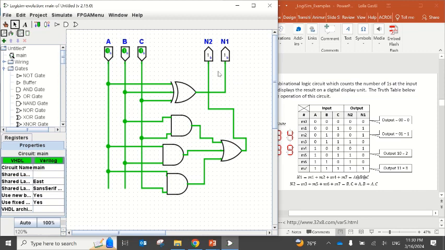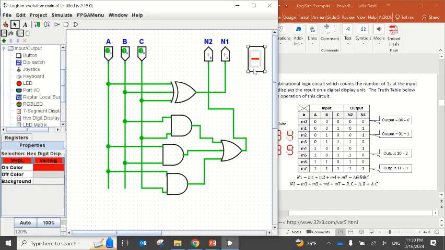Let's display this on a hexadigit. So I'm gonna go to outputs. Let me close all these folders. Yes, I need the inputs, outputs, and hexadigit display. Now, this is expecting 4 bits as a hex digit. So I'll need a splitter because here I have 2 bits outputs and they are separated clearly, N1 and N2. I have to use the splitter